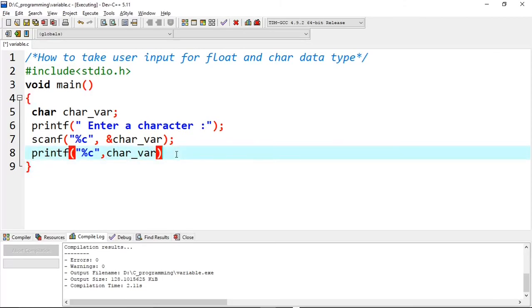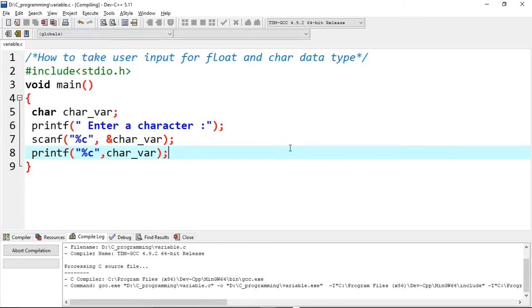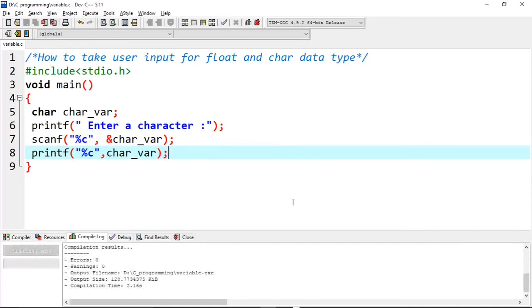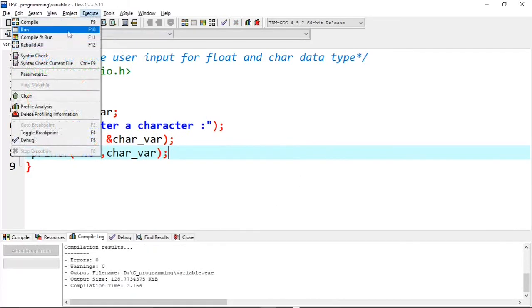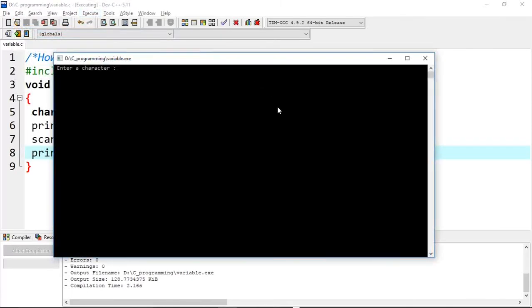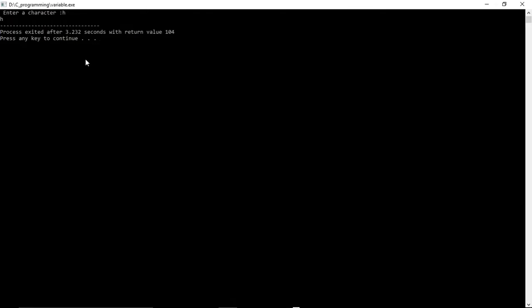End the syntax with a semicolon. Now let us compile it. Compiled successfully, and then I'm going to run. Enter a character. Let us say I'm entering h, and it is displaying h. You can easily see that it's displaying h.